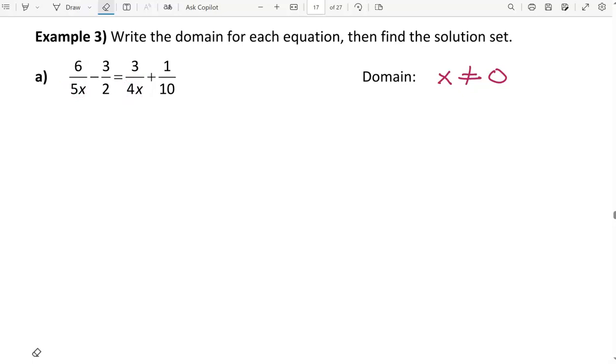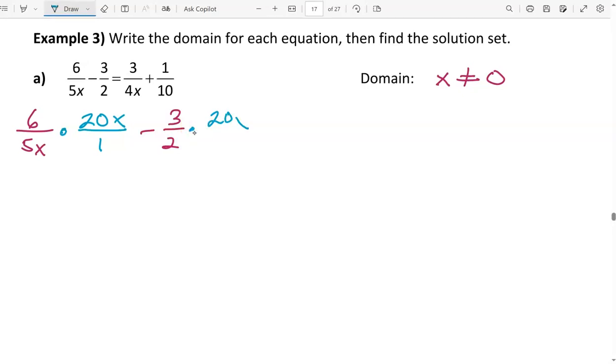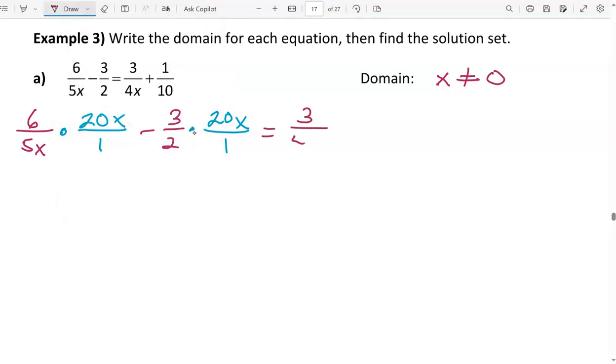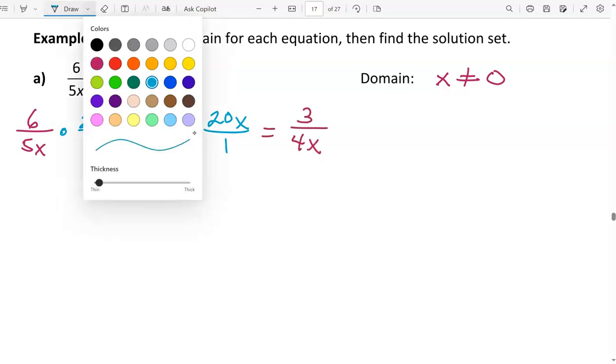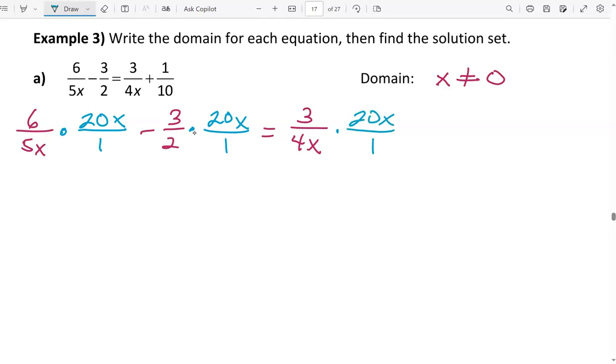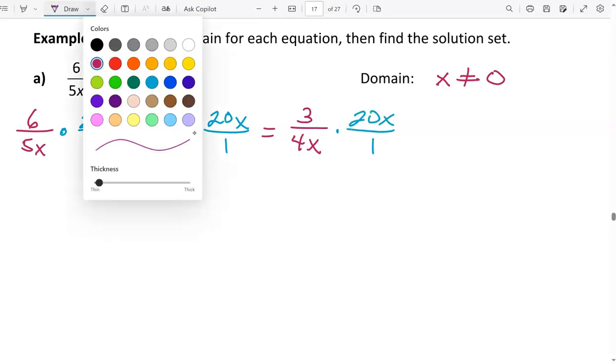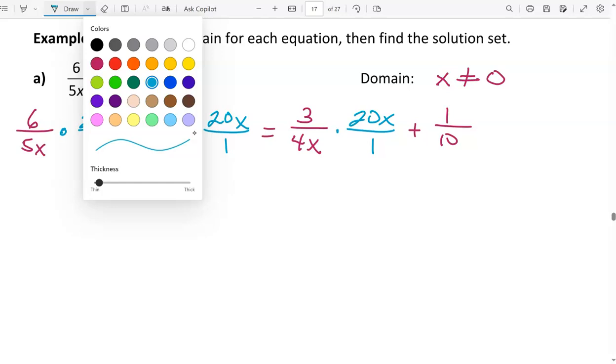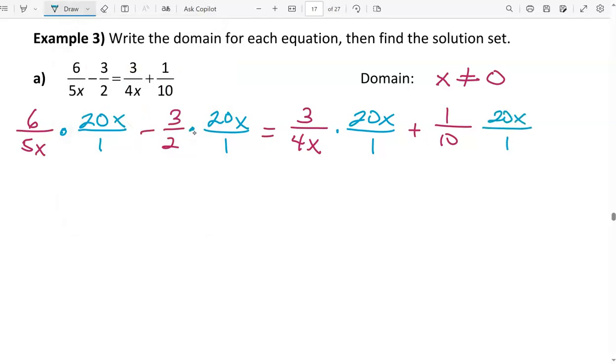Next, we have to multiply all the terms by the least common denominator. In this case, the least common denominator is 20x. So I'm going to multiply each of the terms by 20x, or 20x over 1. Next, we can cancel some common factors. And when we do that,